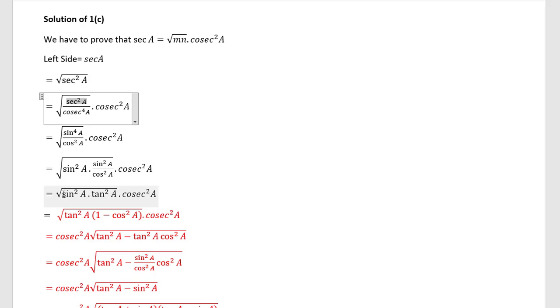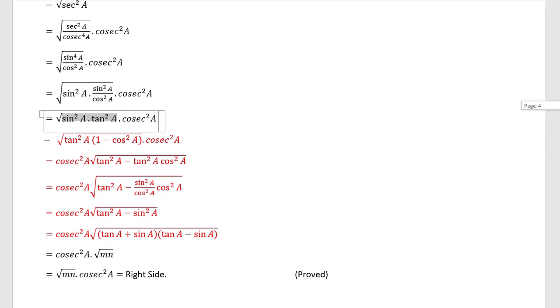Now you can write it as sine square a into tan square a, and this term sine square a by cos square a is equal to tan square a. Now you can see sine square a into tan square a, and from it, likely by the method we have used in the previous question 1b, you can derive that